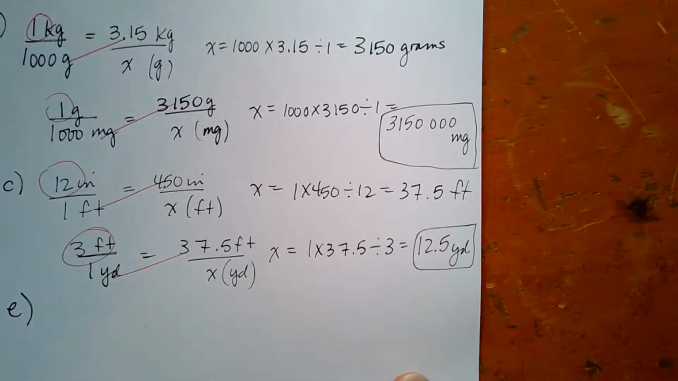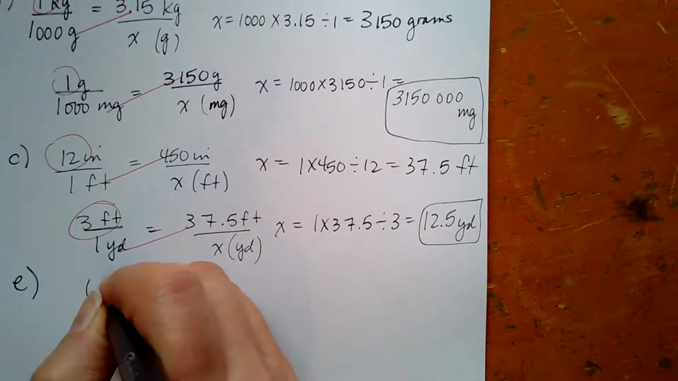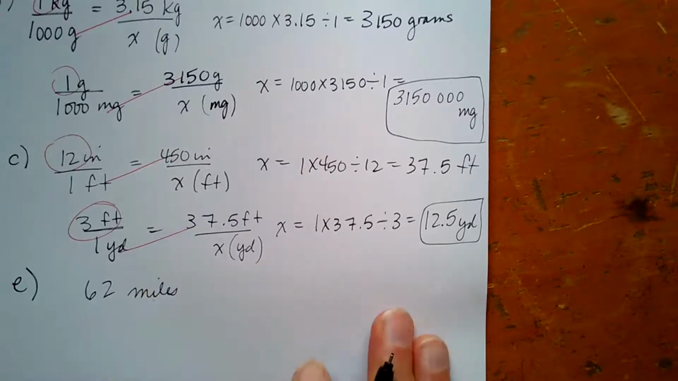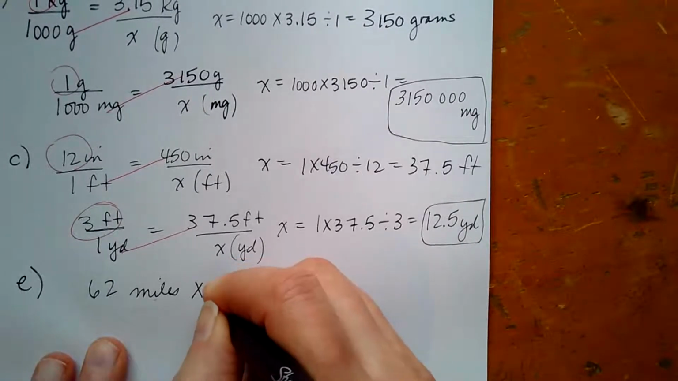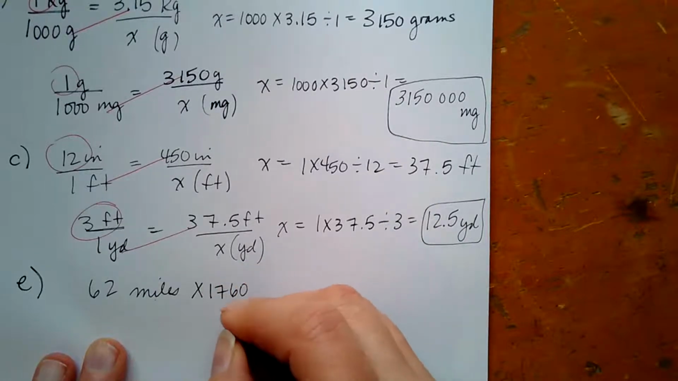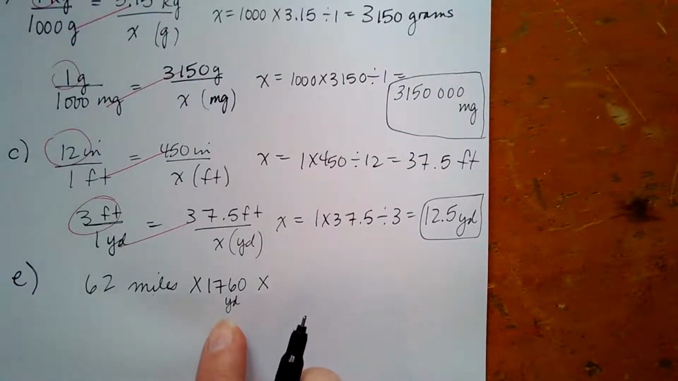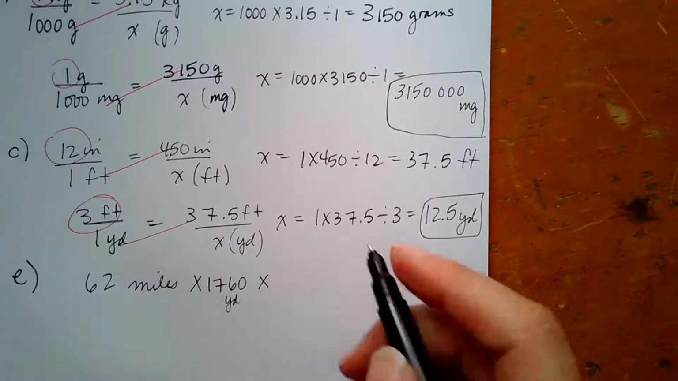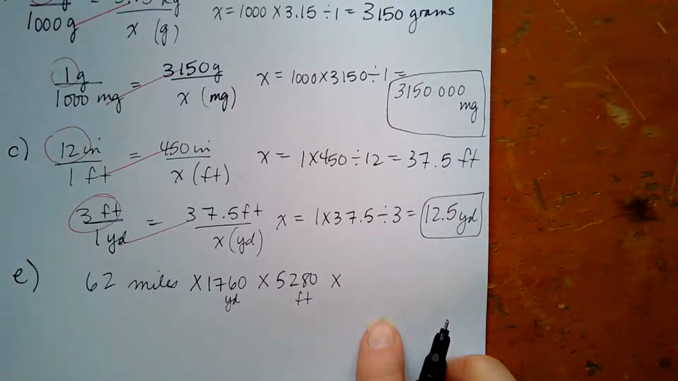The distance from the surface of the Earth to space is 62 miles. Convert miles to inches. Let's try and do this the quick way. So 62 miles, if I want to go all the way to inches, well, first I have to convert to yards. Let's find how many yards that would be. So I'm going to multiply by 1760 yards, right? And then to convert each yard to feet, I would multiply by 5280 feet. And then I would multiply by